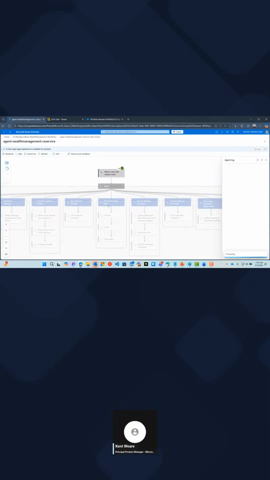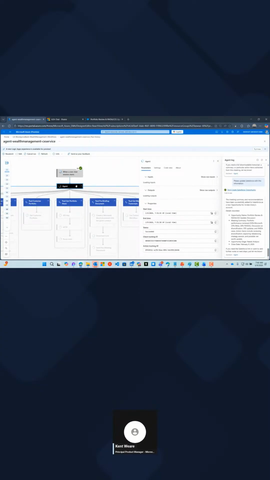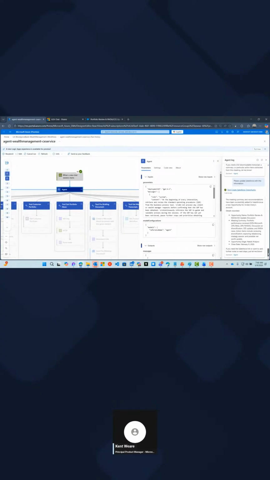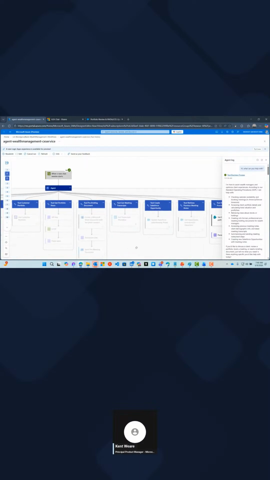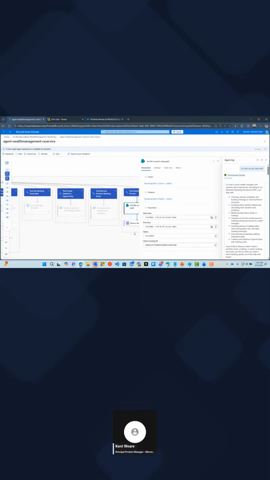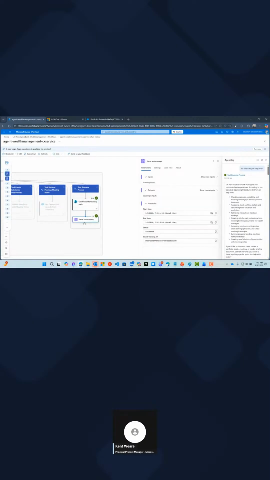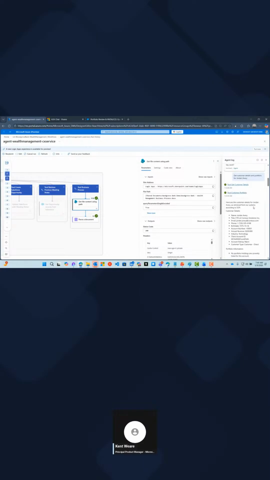This is another example of the importance of that traceability. If we go into the run history, what we can see is a replay of that entire conversation. We can see all of the tools being called and all of the inputs and outputs that we would expect to see. Certainly, if you're familiar with Power Automate, this will be a familiar experience. So we can see full traceability: inputs, outputs, what the user said, and what the agent responded with. We've got a very complete picture.